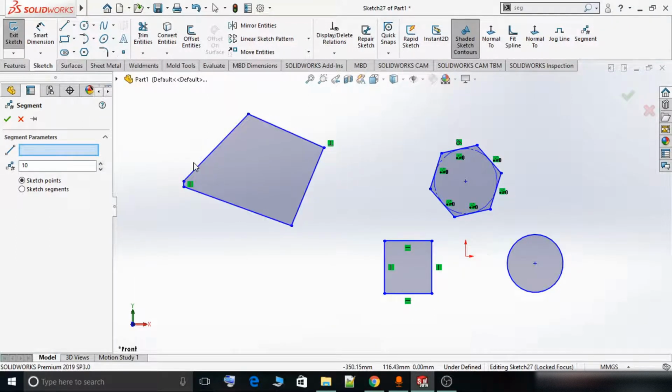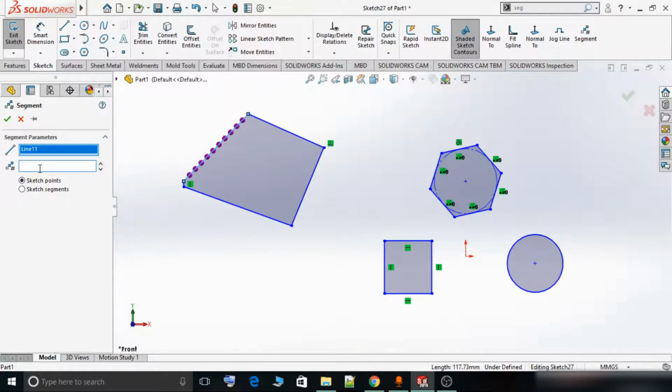Now inside this option you have to select a parameter. Here it is telling us to select a single entity, that is arc, line or circle. So I can select an arc, I can select a line, and I can select a circle. Now this arc or line that is available in these sketches, suppose I select this line and I want to create 10 instances.